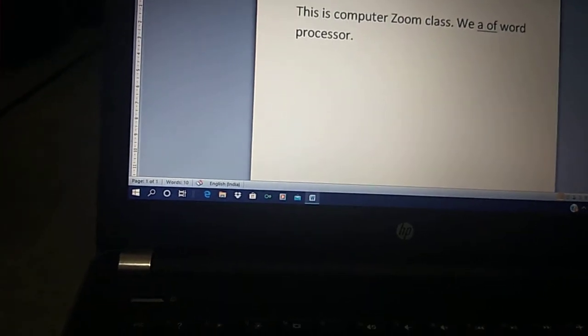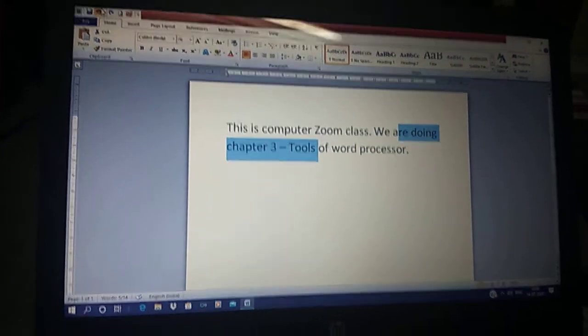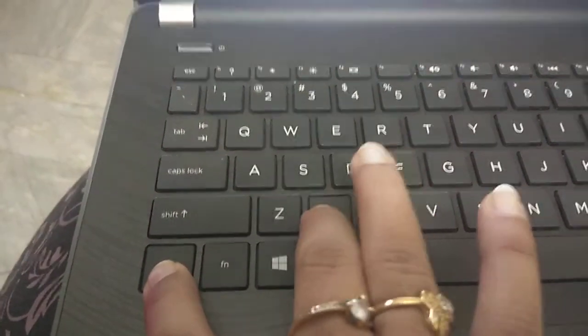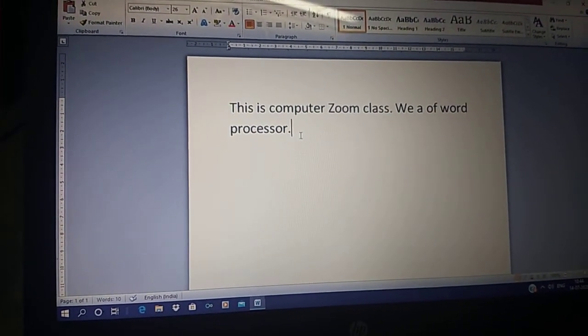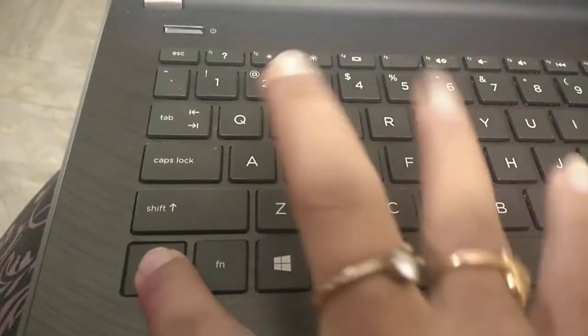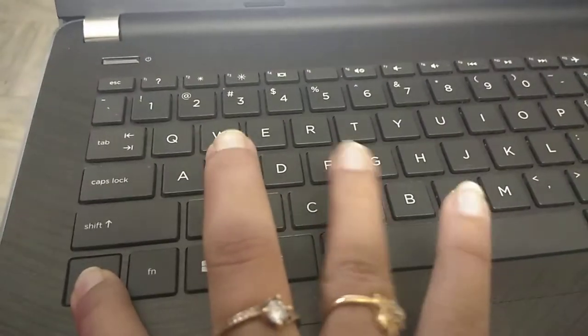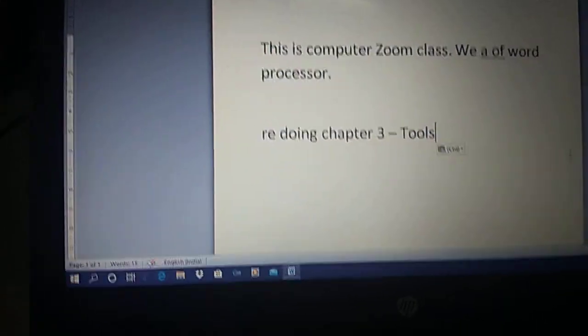Third part is using, again I have selected this much and I want to use it using the keyboard key combination. Select this part, then use Ctrl plus X. That is for cut, Ctrl plus X. Then bring your cursor to some other position using enter key. Then Ctrl plus V for pasting. It is pasted over here.